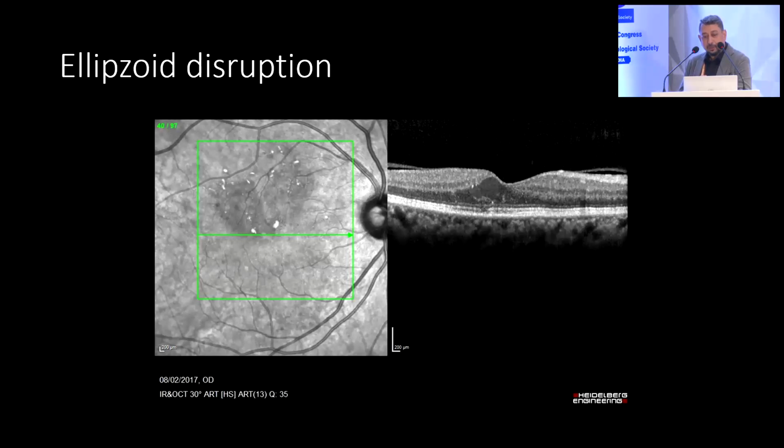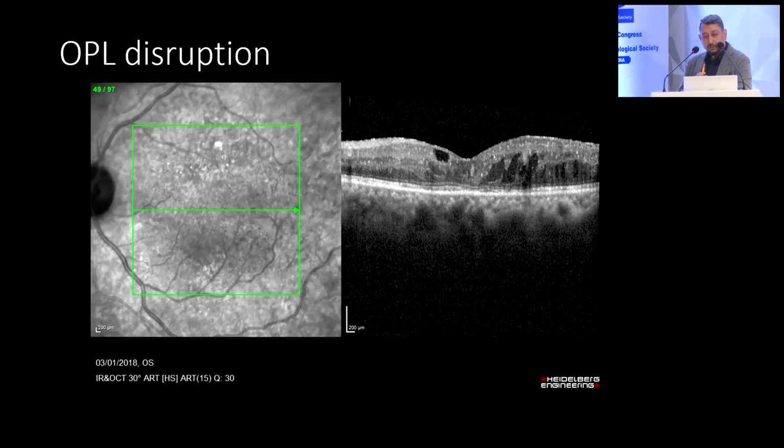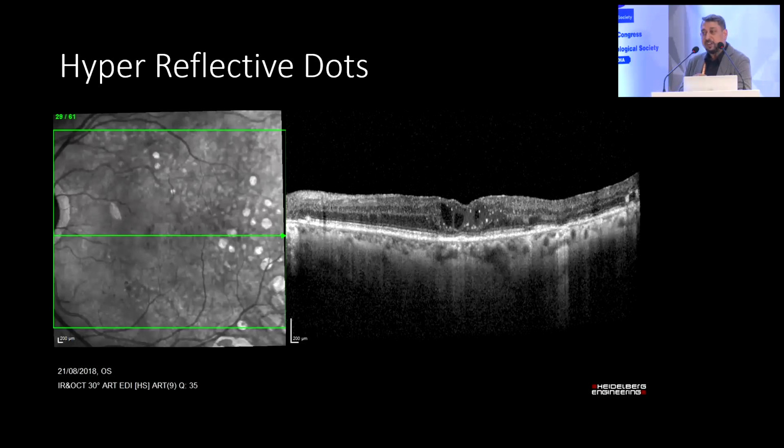Here you see the ellipsoid zone is disrupted in these patients. Outer plexiform disruption is more when you see full thickness or full extensive cysts, and the outer plexiform layers, which are the vertical elements, you can see that they are disrupted, and that is a biomarker for poor visual acuity. Hyperreflective dots are